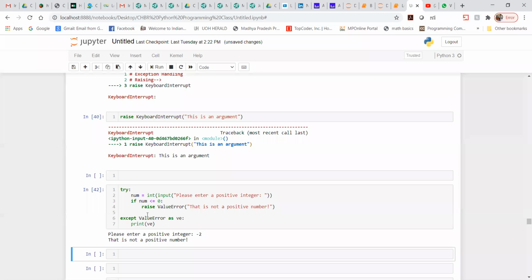Guys, are you getting my point or not? So here we have got these two, or if you want, you can print as per your need, or as per your thinking.